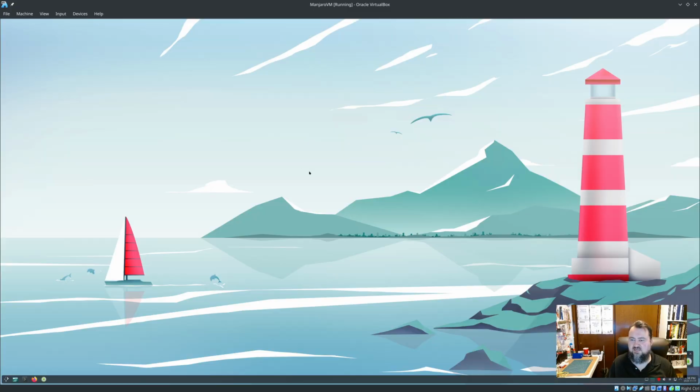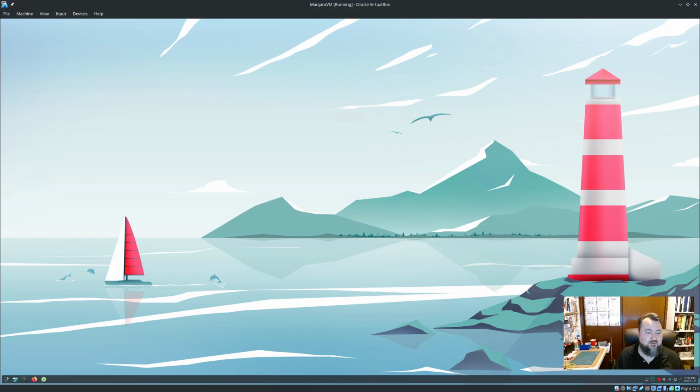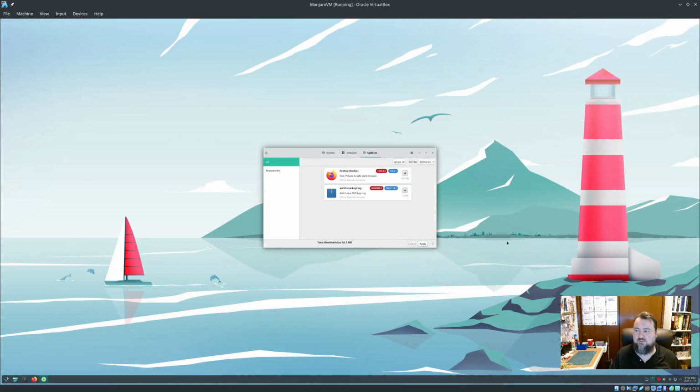So one of the first things I like to do is install updates. So it's something common that you do. It actually works very similar to the way it works on Windows. You get a little notification icon on the bottom here, a little red icon. And I'm actually going to move myself out of the way a little bit there. If you click that little icon, it'll open the